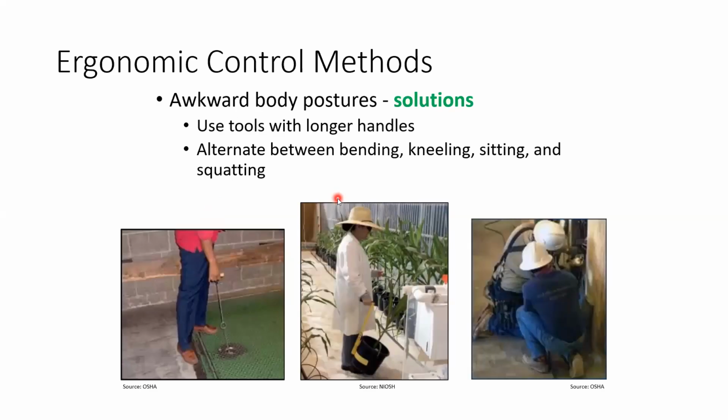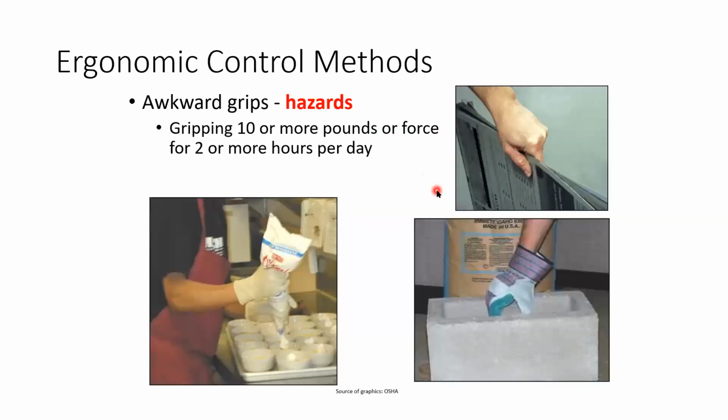And what about the awkward body posture solution? You can use tools with longer handles. Alternate between bending, kneeling, sitting, and squatting. All of this you can alternate between these positions or postures. Okay, another